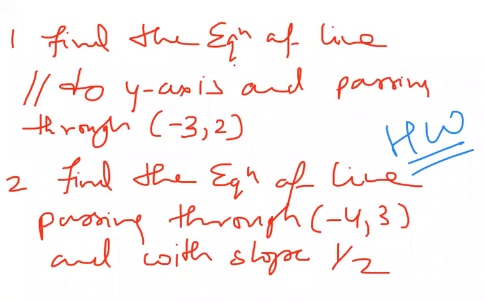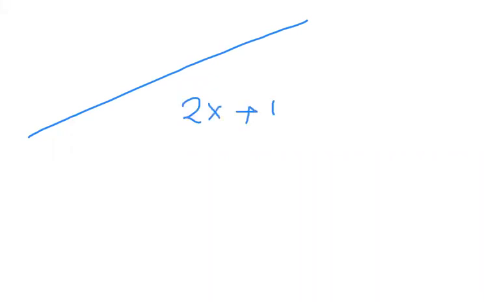See, a very simple thing: in this chapter we always need to calculate equations of lines. In different scenarios, they will give us this. I'm showing you one line. This line has the equation 2x plus y equals 5. The point (2, 1) is on this line. This is a very basic and common thing.